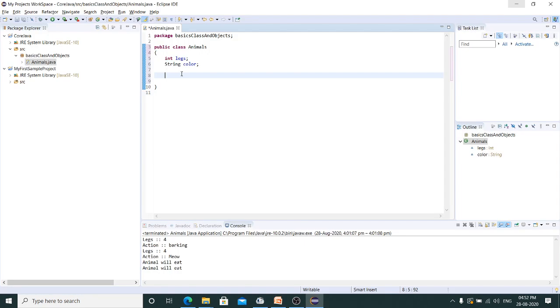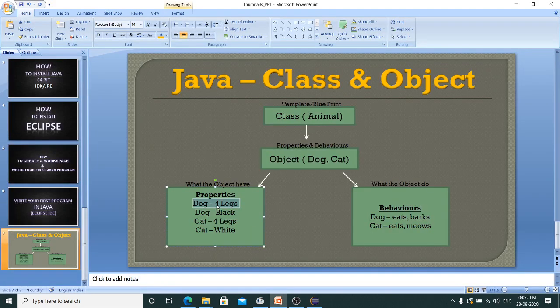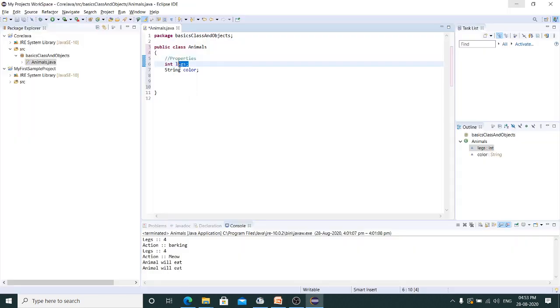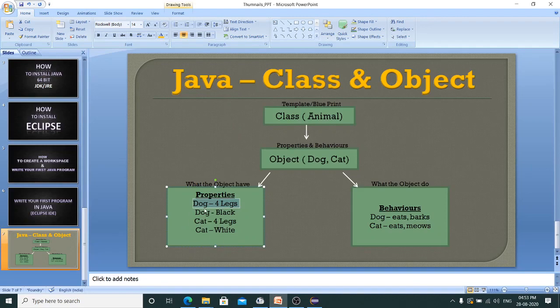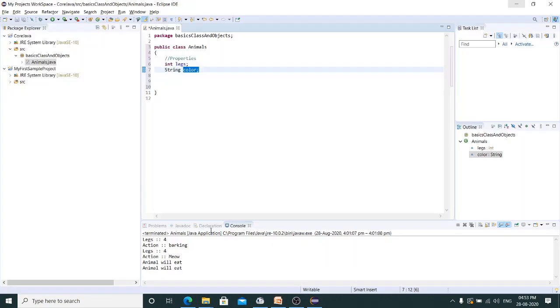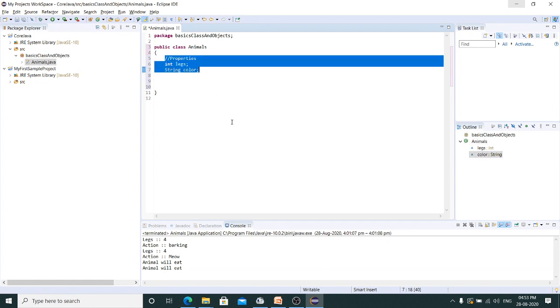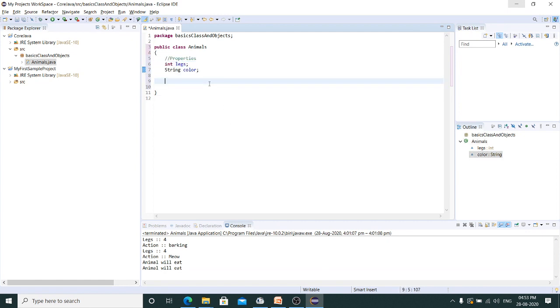Now these are called properties. So legs, color. These number of legs and color can be applicable for both dog and cat, right? So I don't need to create four properties here. Just one is fine.